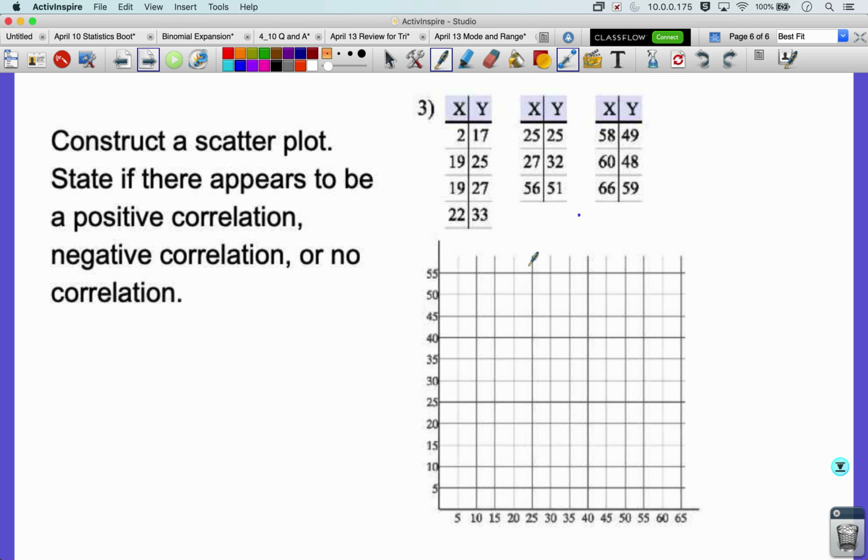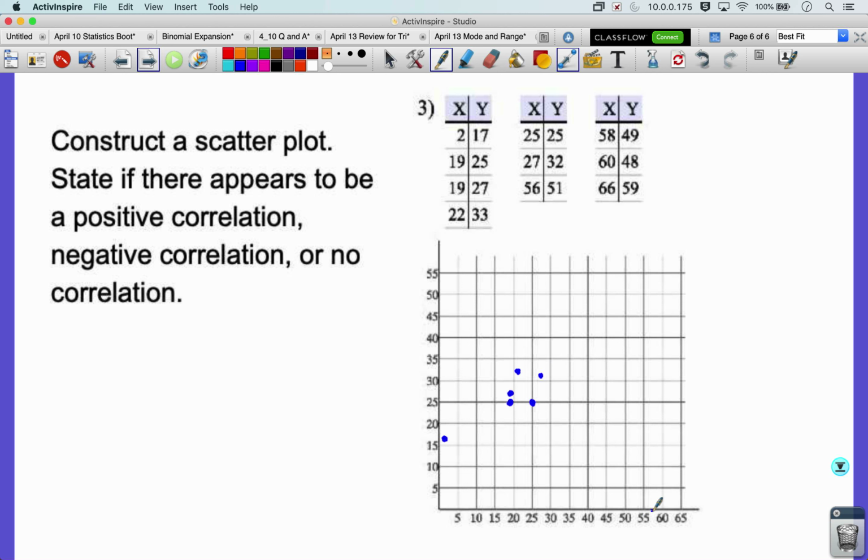All right, let's try one more. Practice plotting points. So I got to plot 2 comma 17, but I don't see a 2 down here. So I just got to approximate it. It's 2/5 of a box. So 2 comma 17, 19 comma 25, 19 comma 27, 22 comma 33, 25 comma 25, 27 comma 32,